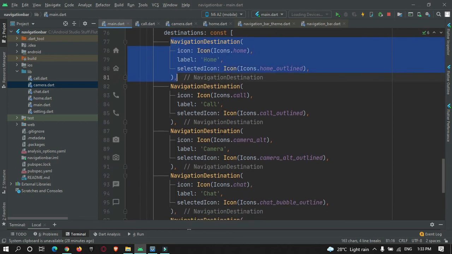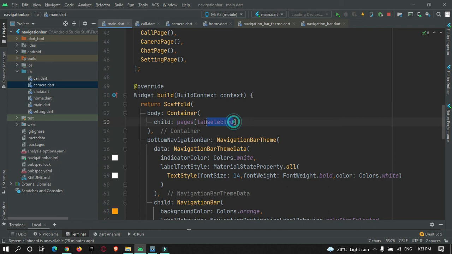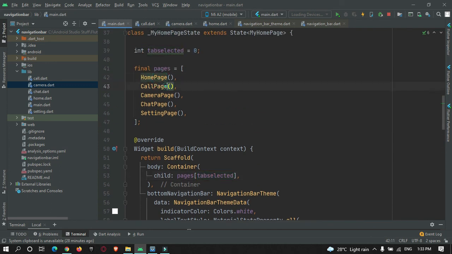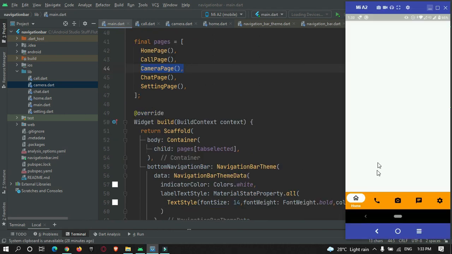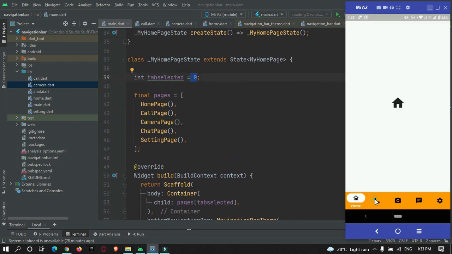And if the user selects camera, then the camera index will be shown. The camera index is, suppose, 2, so 0, 1, 2, the camera page will be shown. Okay, so let's check it. Hot refresh. Okay, so you can see the active tab is at 0 position: call, camera, chat, settings.